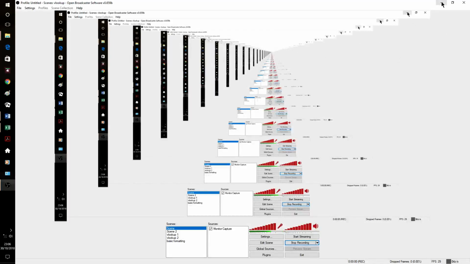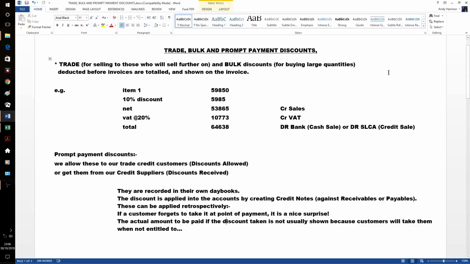Accounts people, just a couple of minutes on discounts. The three types that matter at level 2: trade, bulk and prompt payment discounts. So the two types that are shown on the invoice are trade discounts, those are given to people who are